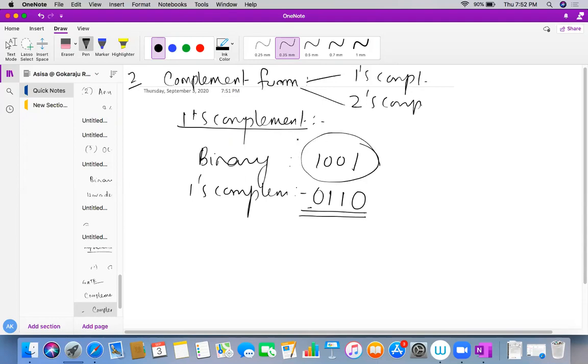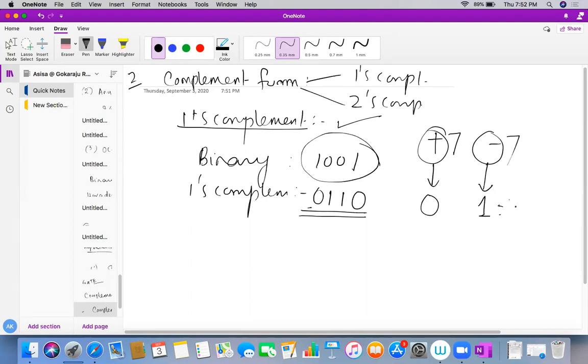Now the question is how we can use this 1s complement technique to represent our signed number. All of you know what a signed number is, either it is +7 or -7. These are represented using a sign bit. As I told you, plus means it will be 0, which is the MSB, and minus means it will be 1.